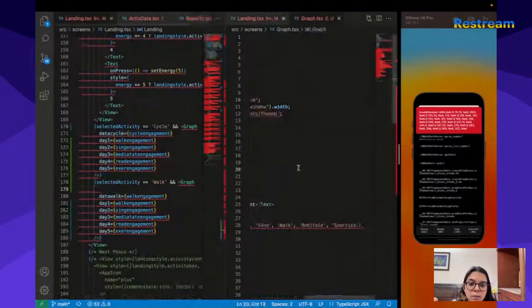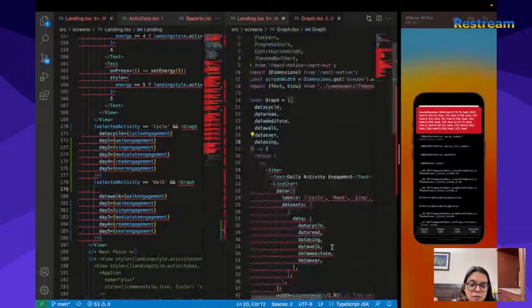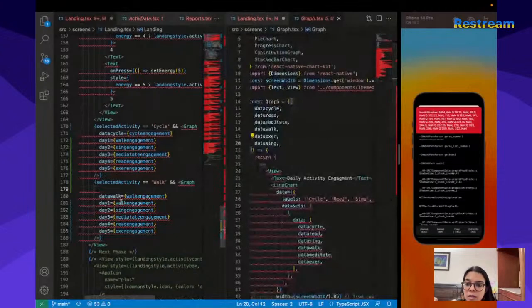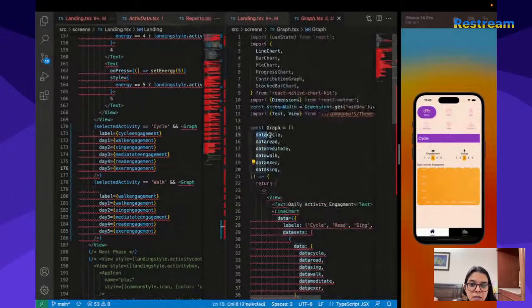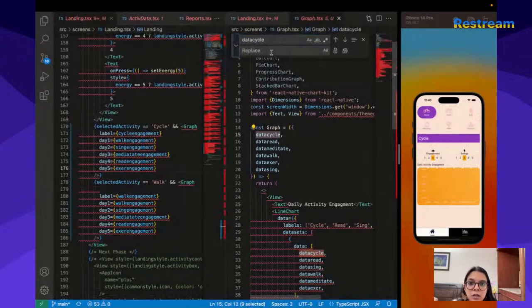Now my parameters here, data cycle, this should be label, like which label I'm calling. I'll save it, right, and then my components here, every data cycle will be replaced by label